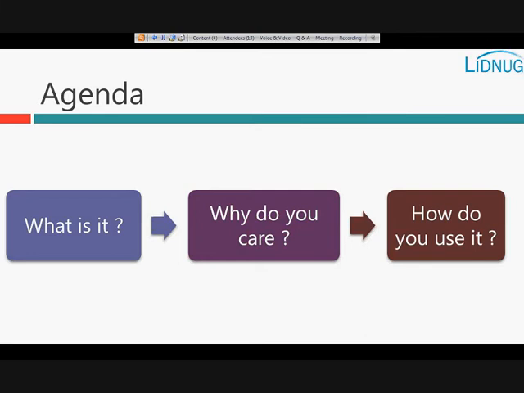if somebody has attended MIX 2010, there was a session from Pablo Castro. Pablo Castro is the lead PM on the data team, which is responsible for open data, the use cases for open data and all that. He did a session called There's a Feed for That. So this whole presentation is kind of influenced by the same talk, and most of that I'm trying to rerun here, because mostly people